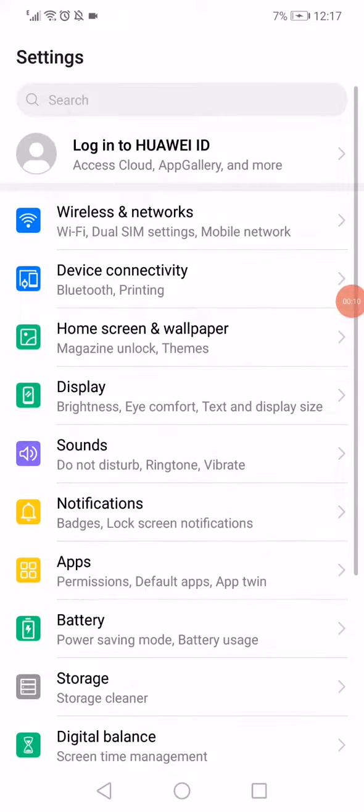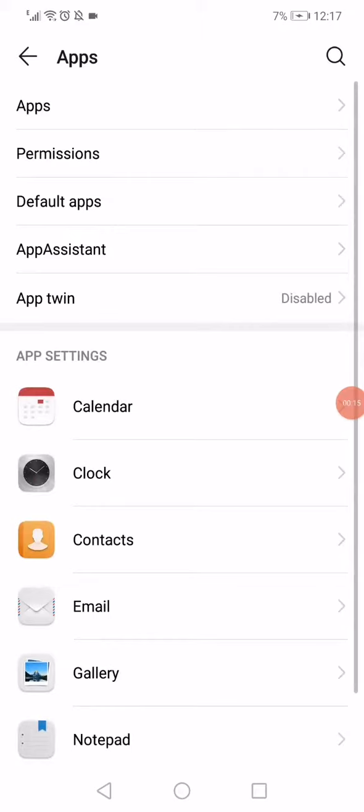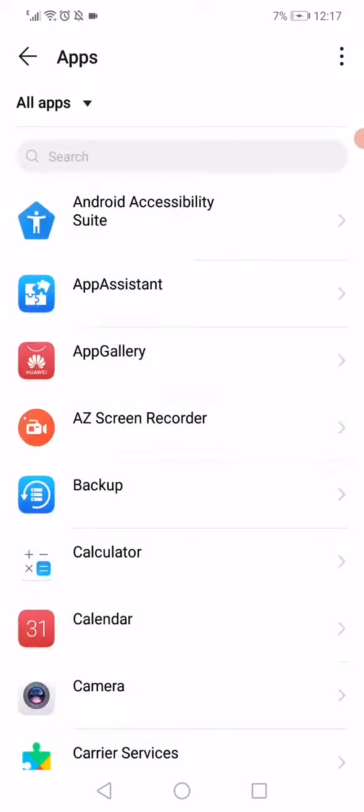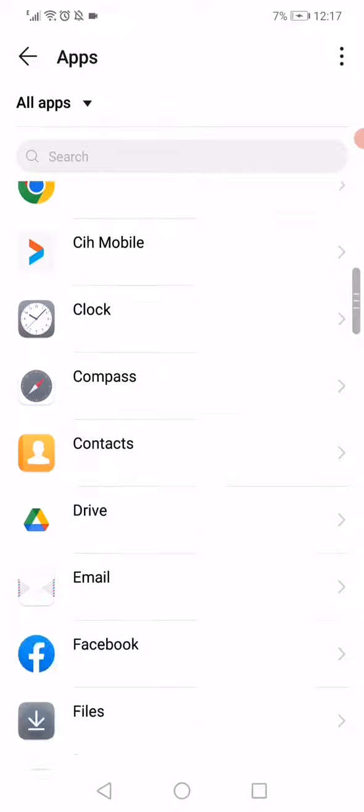Just open the settings page on your phone and scroll down to the apps right here, and after that all what you have to do is very simple. Click here on apps and it will take you directly to this page. Now all what you have to do is wait a few seconds and you will find all the apps you